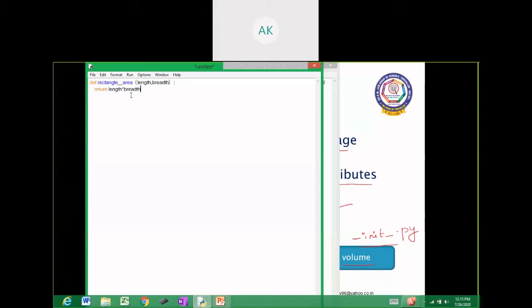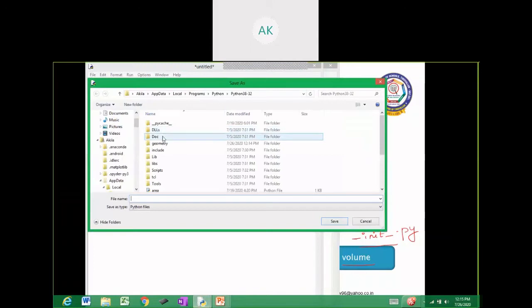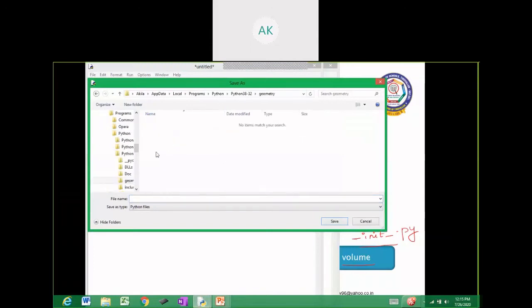We are going to save this file under the directory geometry, as area_module.py.